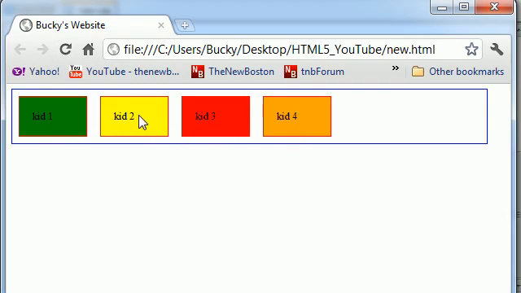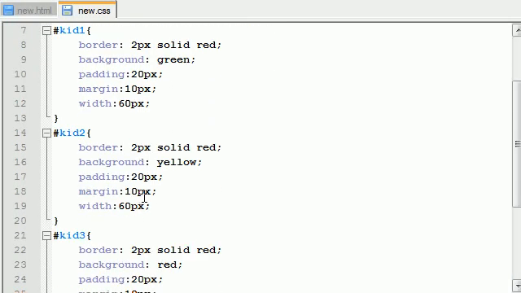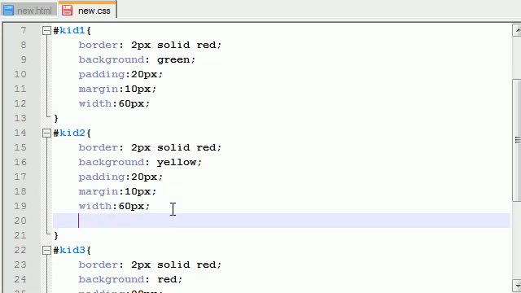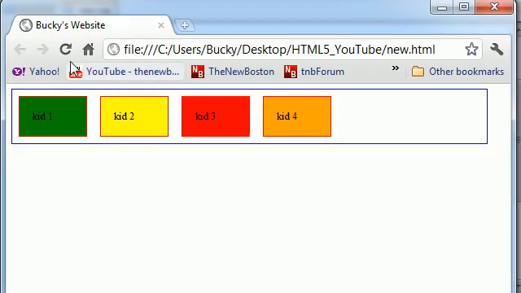Now say we want kid number 2 to be flexible and kind of push all these to the side. So what we can do is go up to kid number 2 and add that property called -webkit-box-flex. Now I believe we used this in our very first example, and remember, when we give it the value of 1, it pretty much flexes to take up all the available space. 0 means not flexible at all. I think it's 0 by default, but if we give this 1, take a look at what happens when we